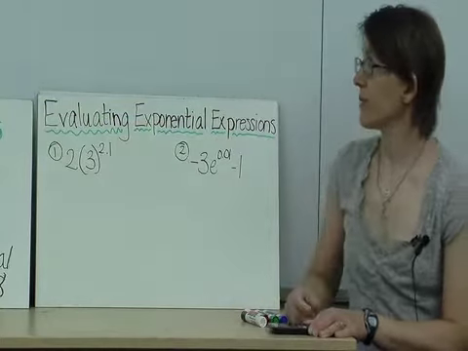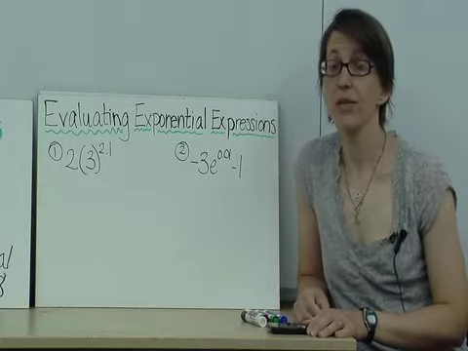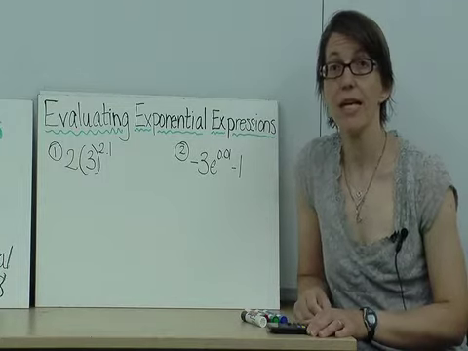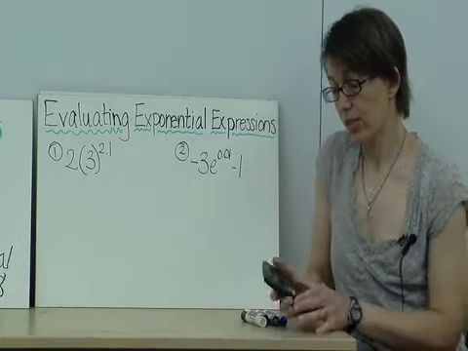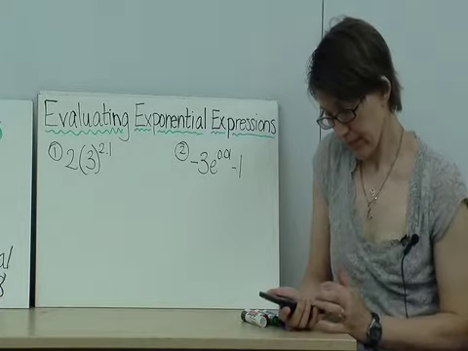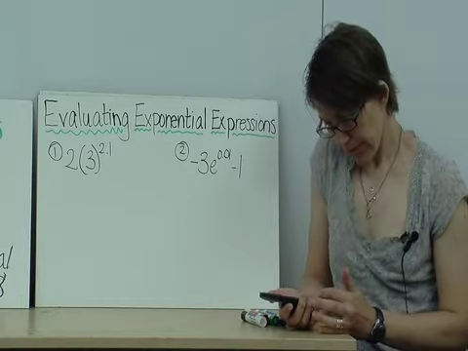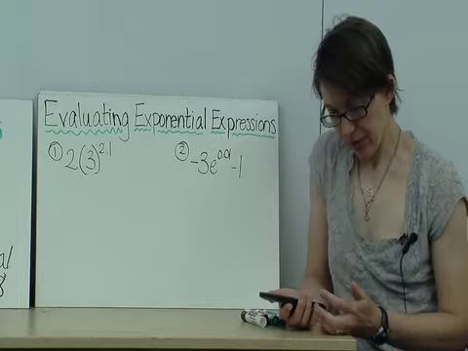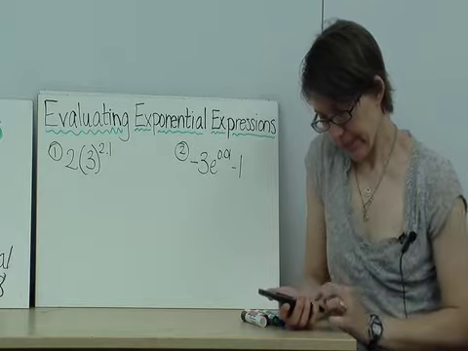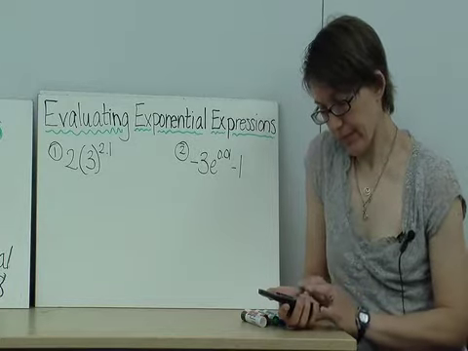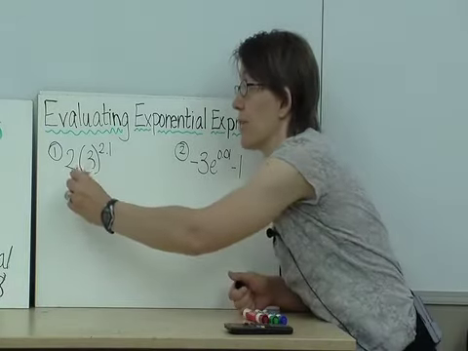Okay, so the first thing that we want to be able to do is to evaluate exponential expressions, and I'll be doing this using my calculator. You do want to remember to use the order of operations. That means that you evaluate the exponents first and then do multiplication. So I'll do 3 to the 2.1 power, and then after that I'm going to multiply by 2. So I get my final answer using a calculator of